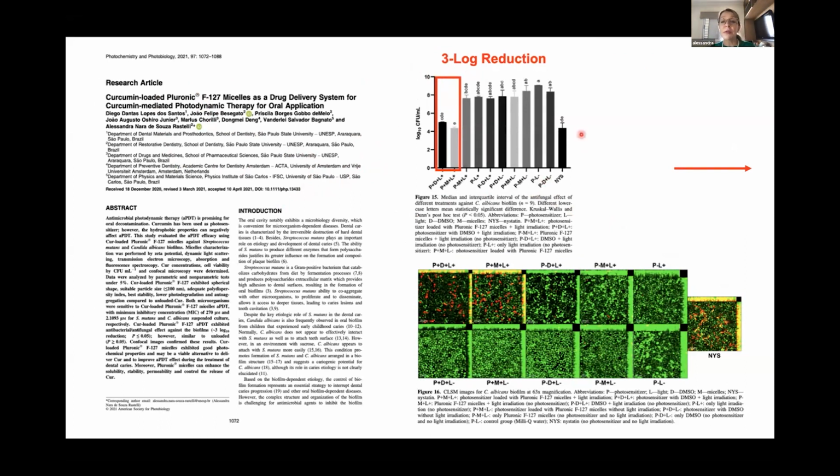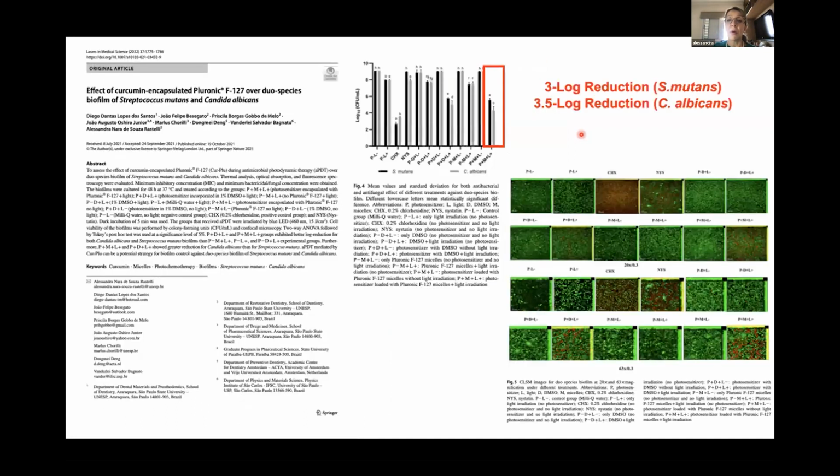Of course, it's more difficult to kill a multi-species biofilm than a single species. And inside the oral mouth, this is more representative than working with just a single species biofilm. So this is the paper that we published,